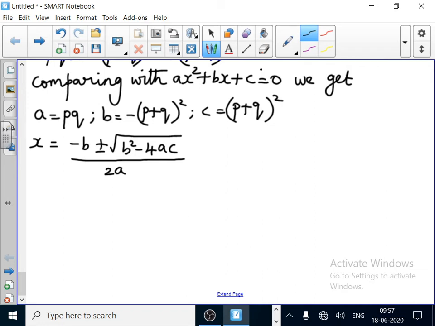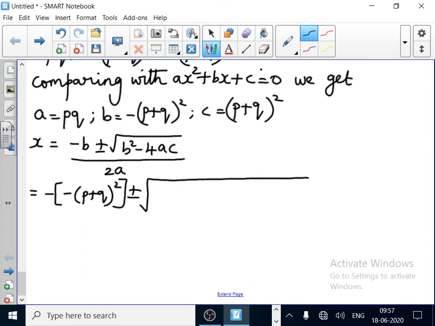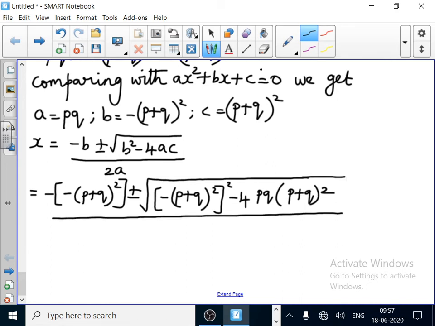So next we start, that is equal to minus b. In the coefficient of x you are having one minus, so open one square bracket, minus of (p plus q) whole square, plus or minus, within square root we write square root of b square, there also you have one minus, so minus open one square bracket (p plus q) whole square, minus 4 into a into c, 4 into pq into (p plus q) whole square, whole divided by 2a, that is 2 into pq, 2pq,